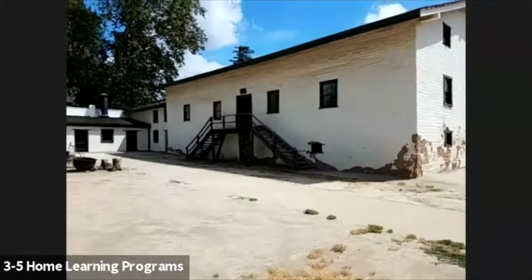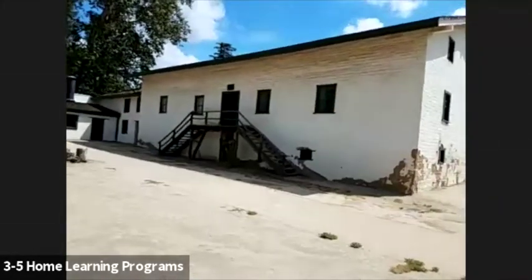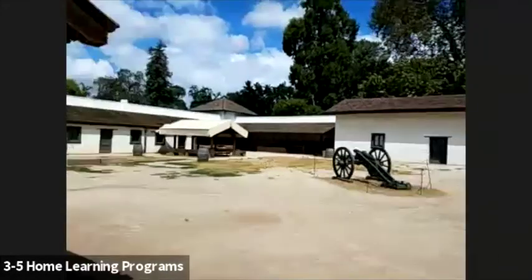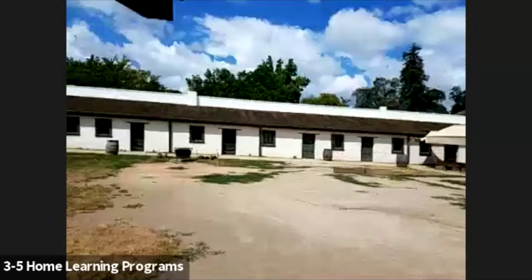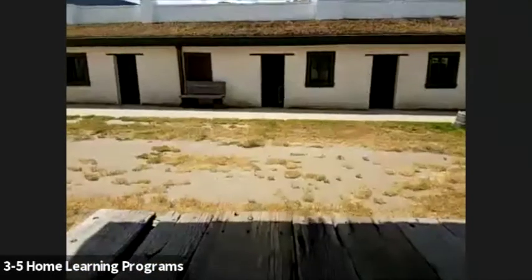But in 1890, the Native Sons of the Golden West raised $20,000 to purchase the central building and the 2 blocks of land. And they started to reconstruct Sutter's Fort from 1891 to 1895. In 1895, the reconstruction of Sutter's Fort was finished. And in 1895, Sutter's Fort opened as a museum. And we've been a museum ever since, telling the story of John Sutter, how he built the fort, and life here in the 1840s. And the reason I know this information to tell you this today is because John Sutter